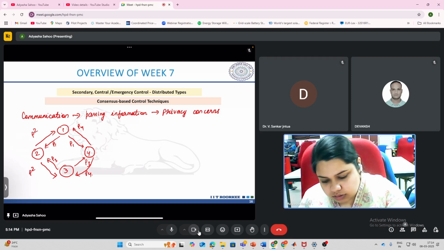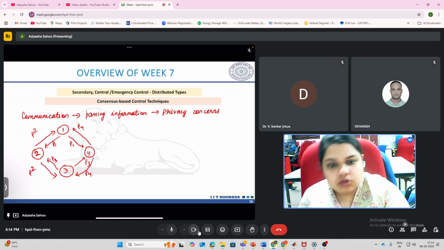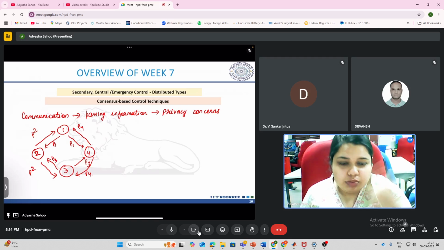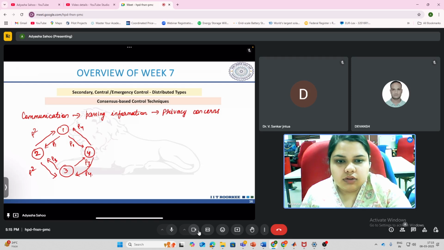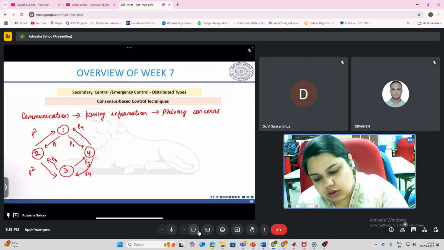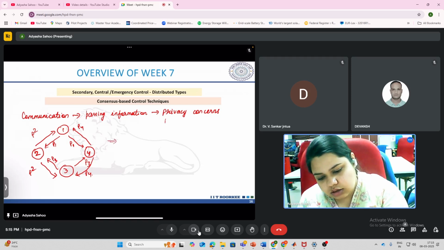Now, what is happening is P2 knows about its power requirement, it knows about P1, it knows about P3. So in the future, it can basically manipulate this power, and if it wants, it can hamper the operation of P1 and P3. Similarly, P4 has the information of P1 and P3 with it. So this sensitive information can be manipulated by them to hamper each other. So what we do in the consensus-based technique is, instead of sharing these